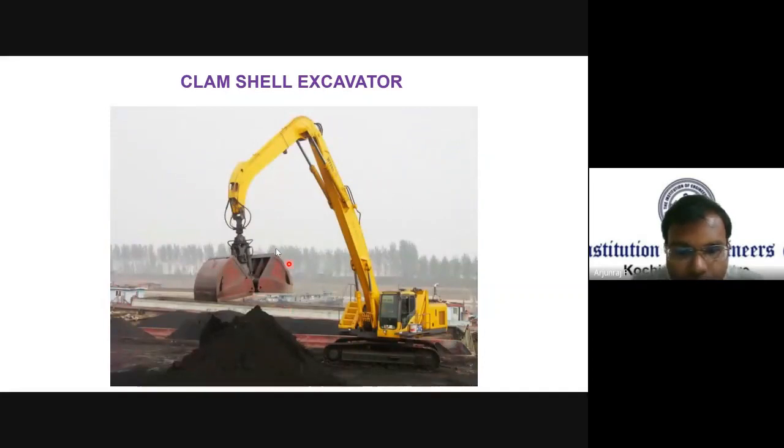Okay, so that is the last slide. What I have shown is a bucket alone, and this is the complete equipment. This is basically an excavator kind of thing, but since it's